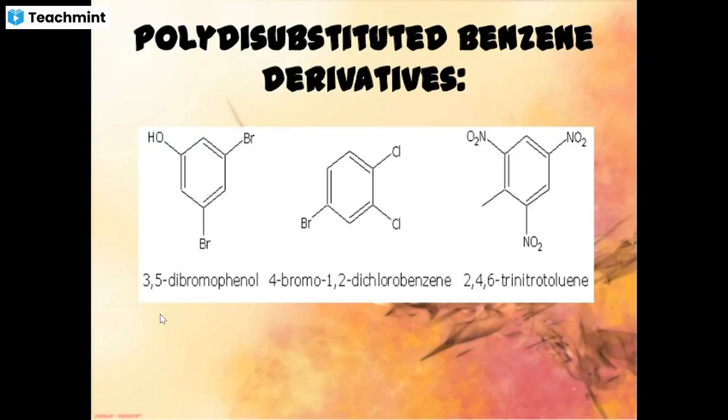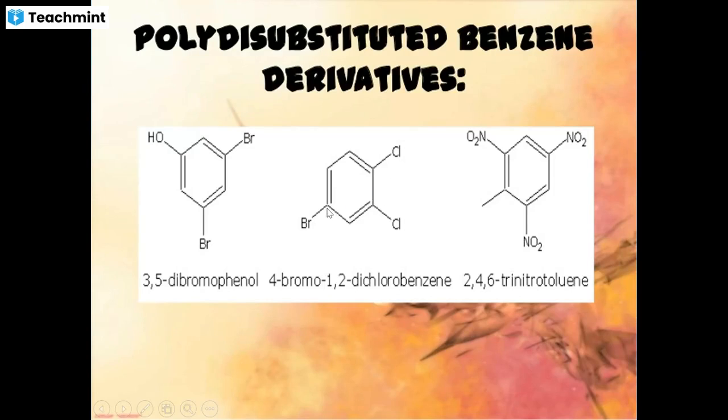Good. 4-bromo-1,2-dichlorobenzene. If you arrange bromine and chlorine alphabetically, bromo comes first, chloro comes later after bromo. Now we just have to give the numbering to the substituents. The chlorines are adjacent to each other, so the first and second positions are occupied by chlorine, and bromine comes at